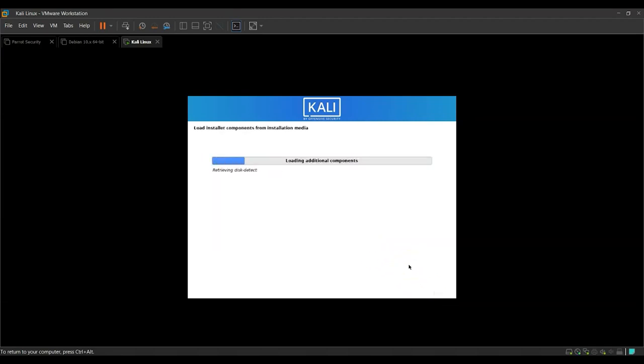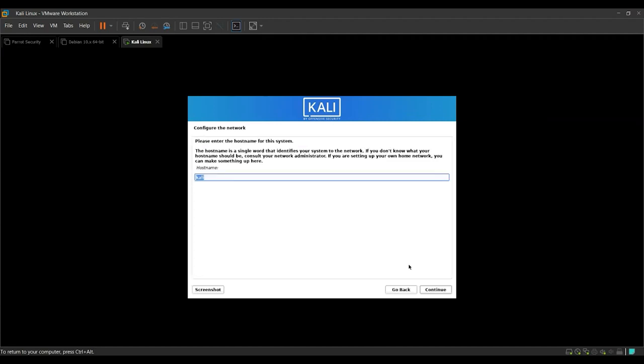At this point, it's going to load the installation components from the .iso file. It is a big file of 3.6 GB, so it has a lot of components that need to be put into the virtual machine, which can also be used to detect hardware. Once the hardware and the network configuration is done by the ISO file, we want to write a host name